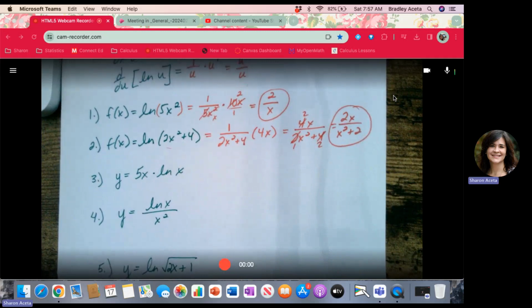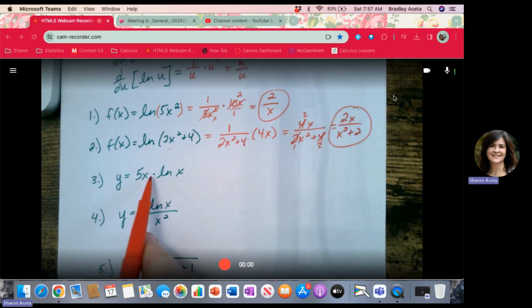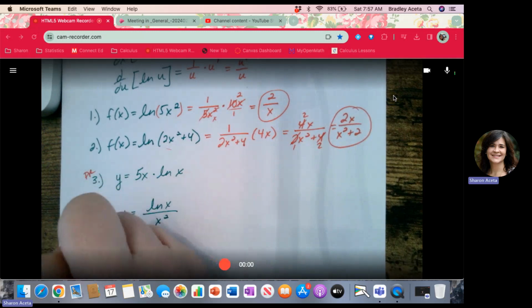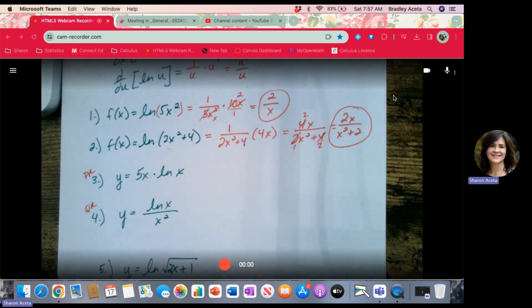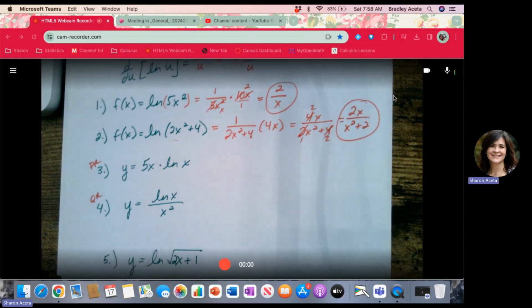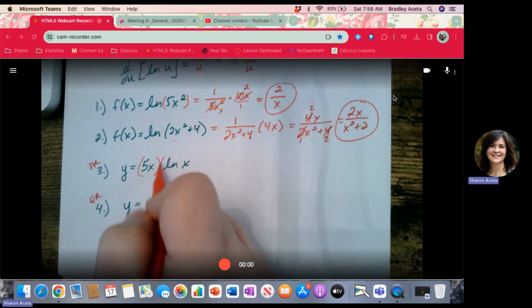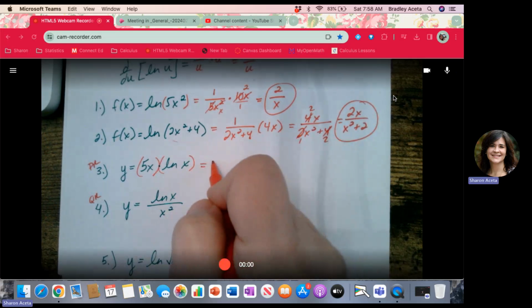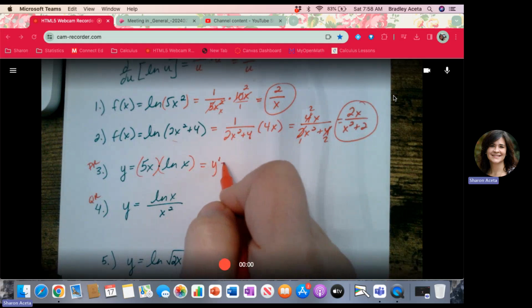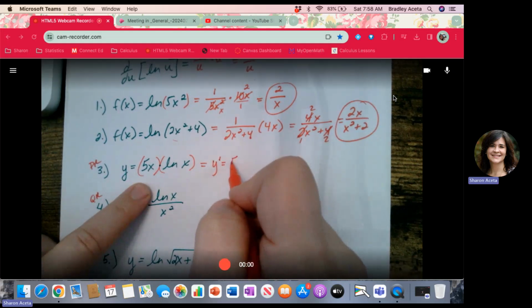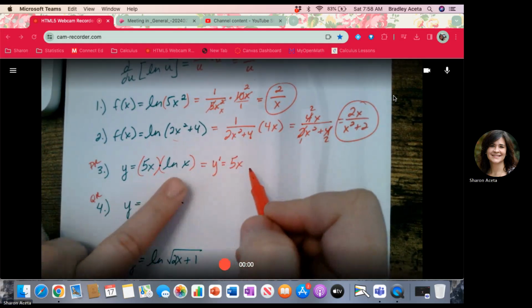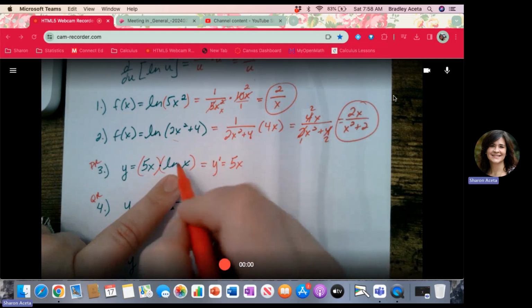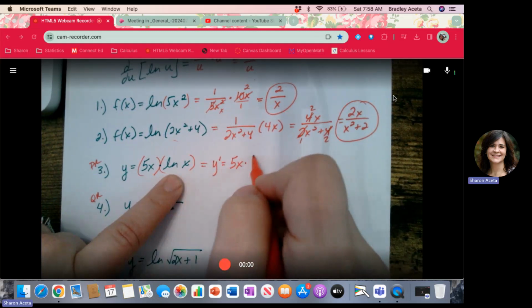All right, what do you think we're going to do now? Obviously, product rule and a quotient rule. We always have to try those, okay? So let's do product rule for number 3. Why? Because it's a 5x times ln of x. So the derivative would be first, which is 5x, times the derivative of the second. The derivative of ln of x is just 1 over x,